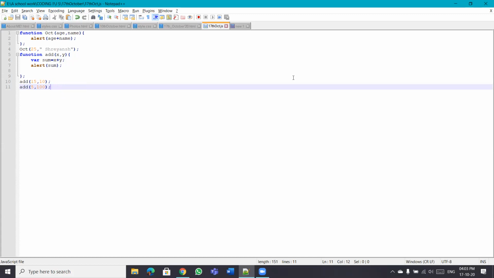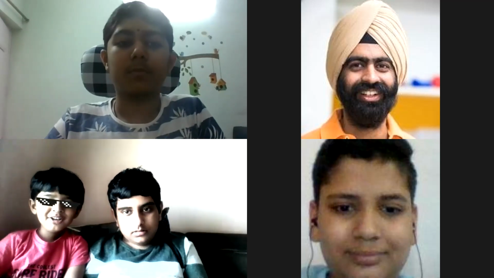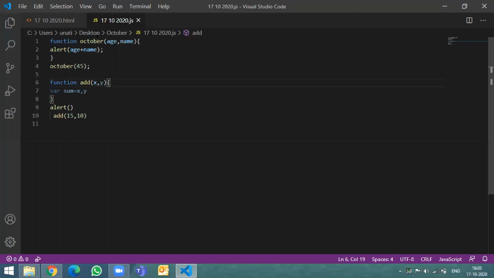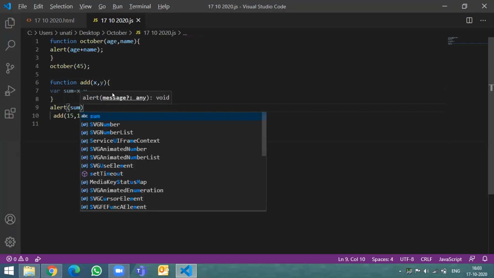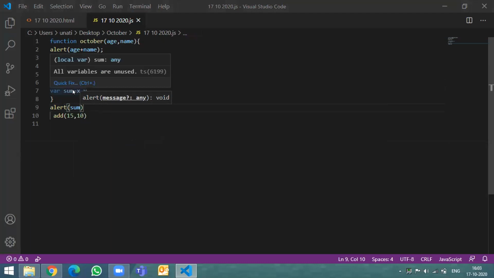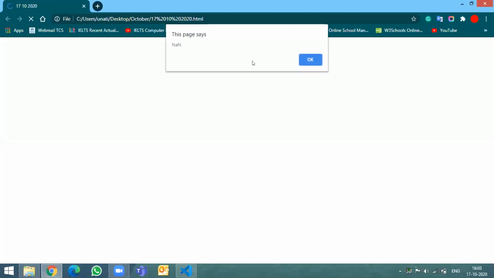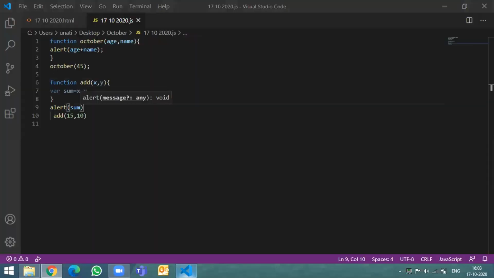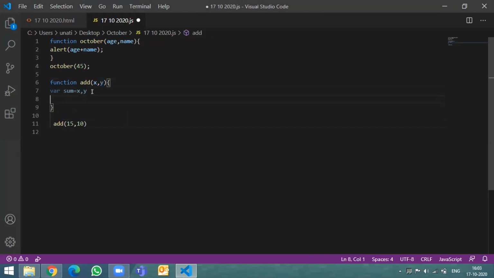Sir, it doesn't work for me. Okay, Karan, please share. I have not put sum in that alert. So this alert will come within the function itself. Let's go back to your code. The alert will be within that function. You have to show it within the function. And put a semicolon every time, okay?